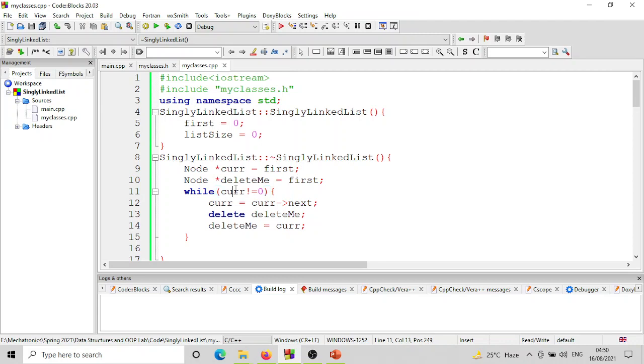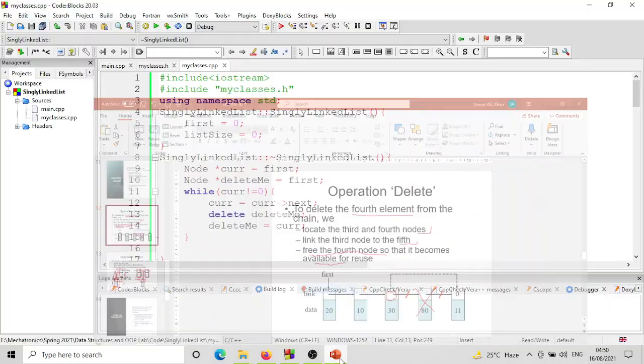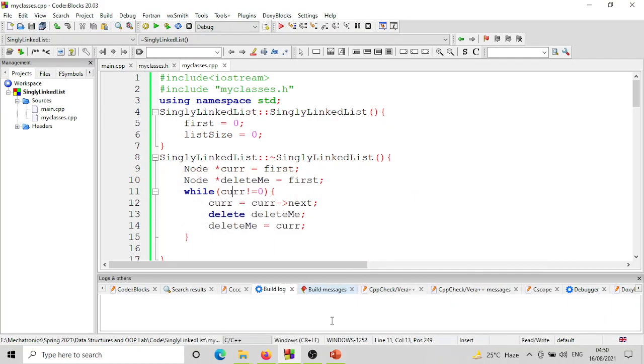So this condition current is not equal to 0, this is true. So we enter the while loop और हम यहाँ पे क्या करते हैं, we say current is equal to current arrow next. Now current arrow next is 0, तो वो 0 हो जाता है।